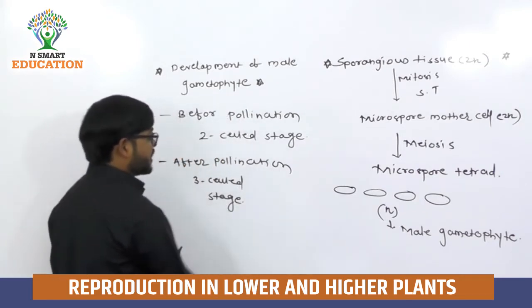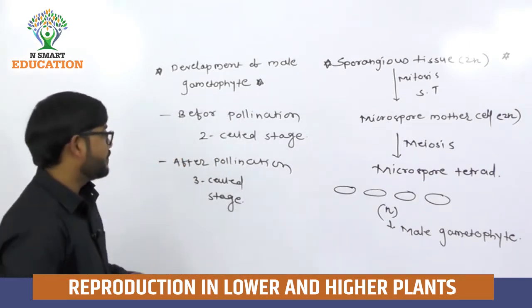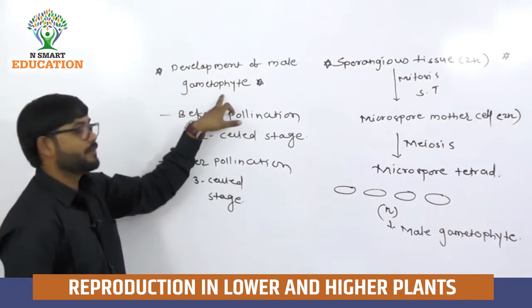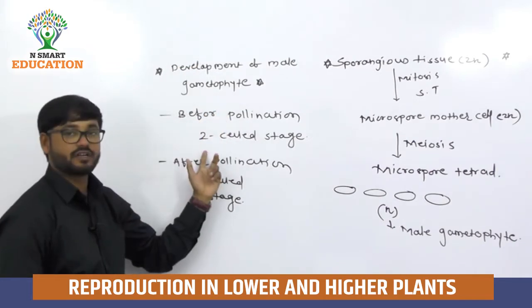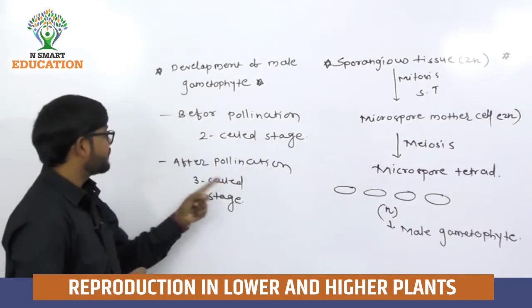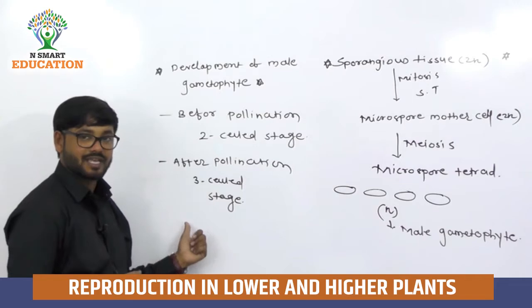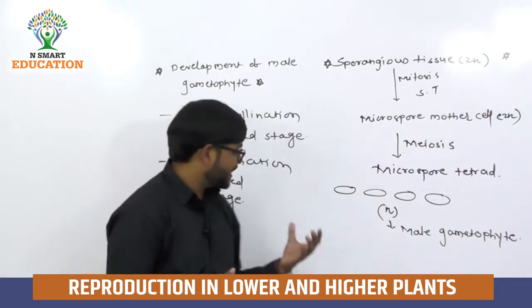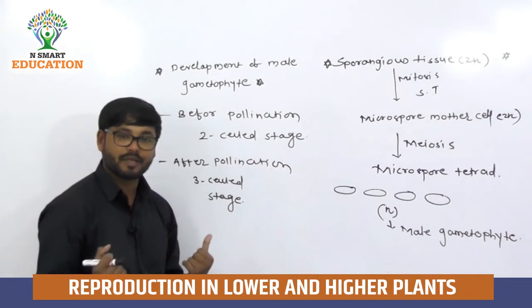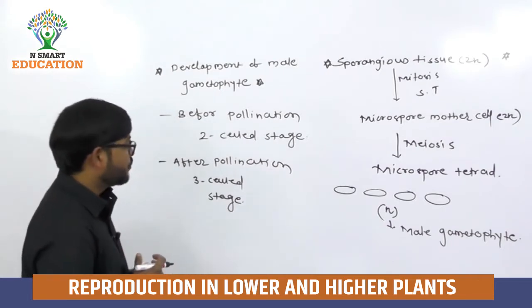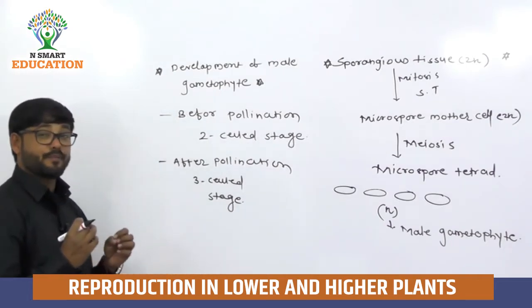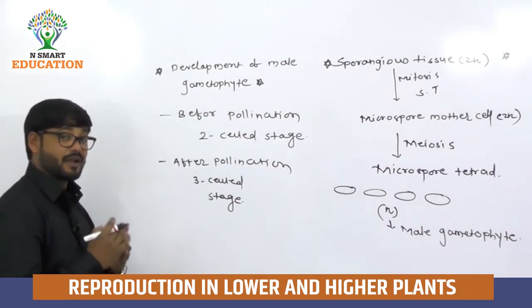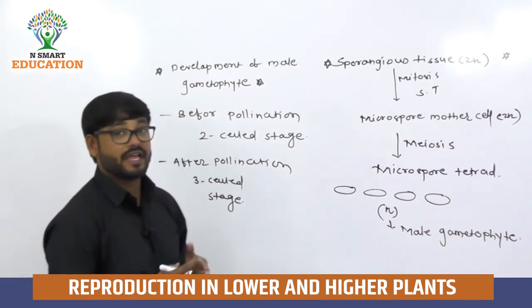I'll draw it here first. Particularly the development of male gametophyte: before pollination it is a 2 cell stage, and after pollination it is a 3 cell stage. So that means some conversion will happen inside. We will study this in detail later. Also, one more important statement given in HSC,